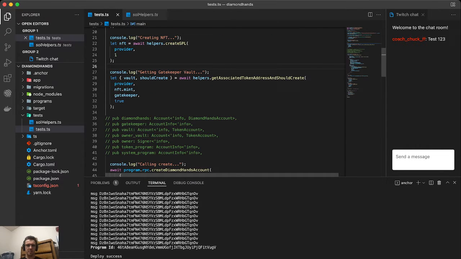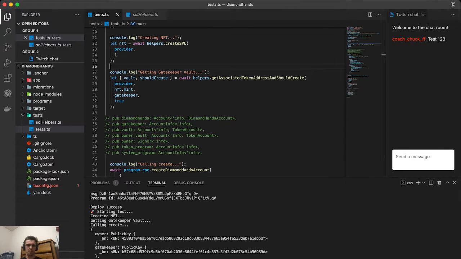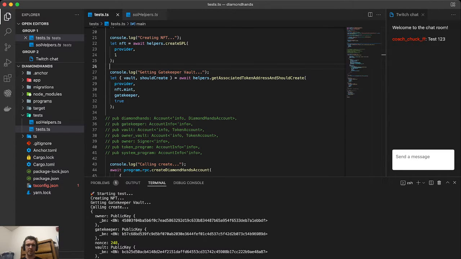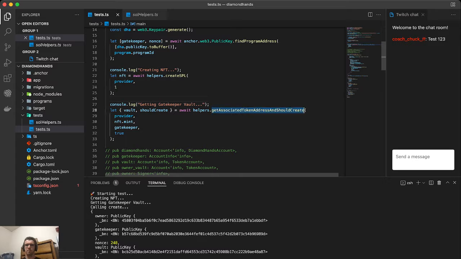All right, so all these things, that's DevNet signing away. We're uploading our program, and we got our program ID. Perfect. So starting the test, it created the NFTs. It got the gatekeeper vault. And remember, the gatekeeper is part of the